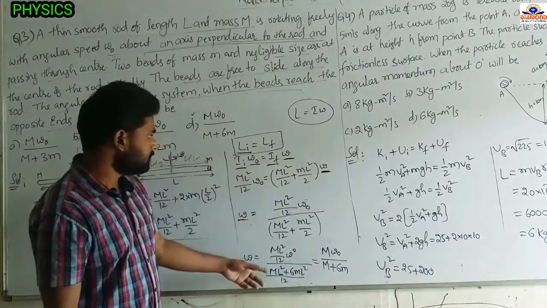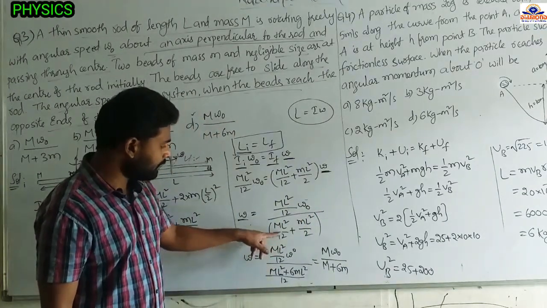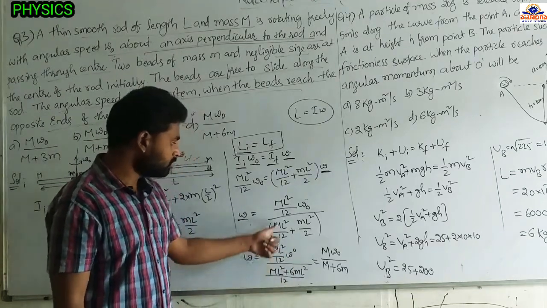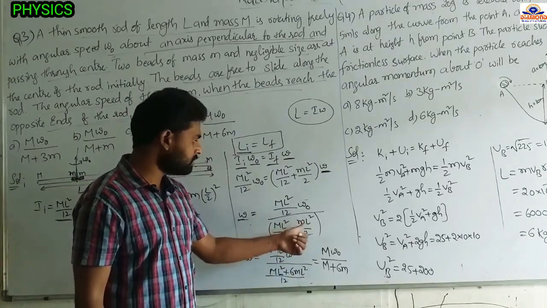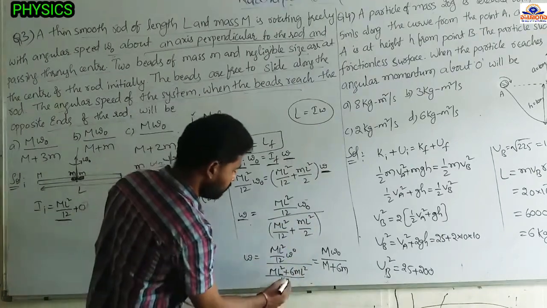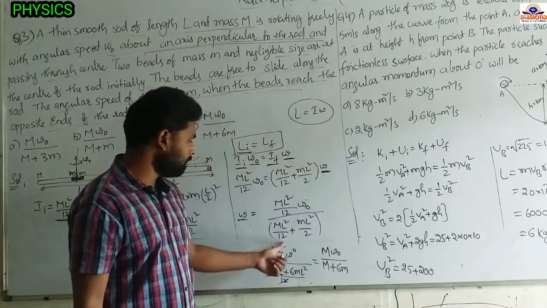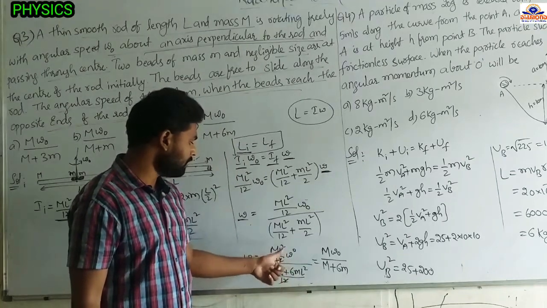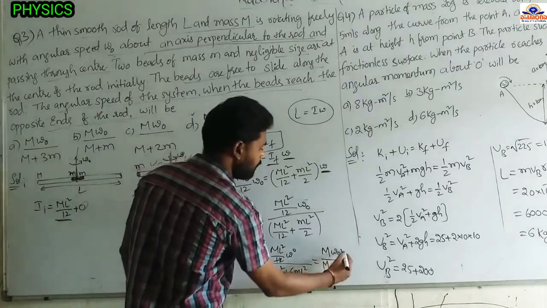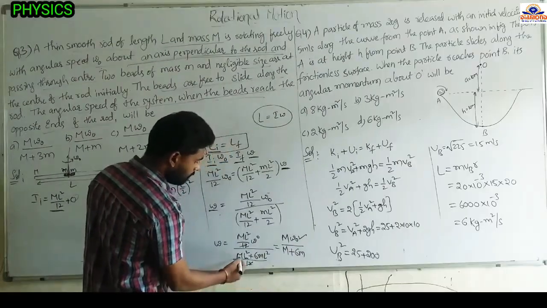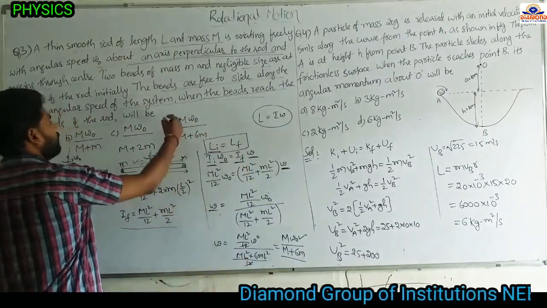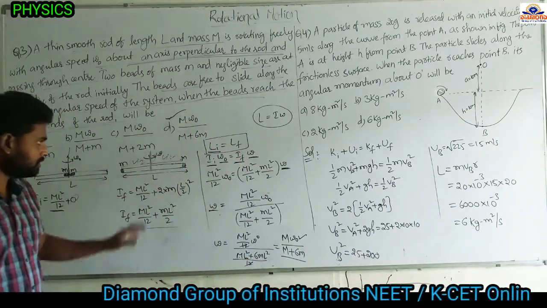Next, in the denominator, see the LCM of 12 and 2 is 12, so ml square plus 6 times small ml square, 6 ml square. Now this 12 and this 12 will cancel out, and in the denominator and numerator L square is common, it will cancel out. The remaining term in the numerator is capital M omega naught and in the denominator capital M plus 6 small m. This is the right answer, option D. In this way you have to solve.